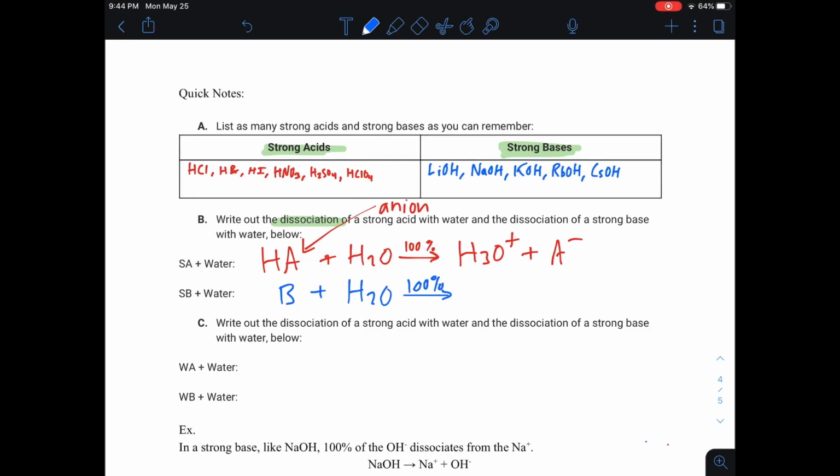is going to do what a base does, which is it's a proton acceptor, right? So 100% of that base is going to accept a hydrogen and dissociate into a hydroxide. Notice the H2O is breaking apart. It's autoionizing. The base is gaining a hydrogen, and the water is turning into a hydroxide. Now that might seem a little confusing because I didn't include a hydroxide, but I could show you this another way. What if we just got rid of the water part